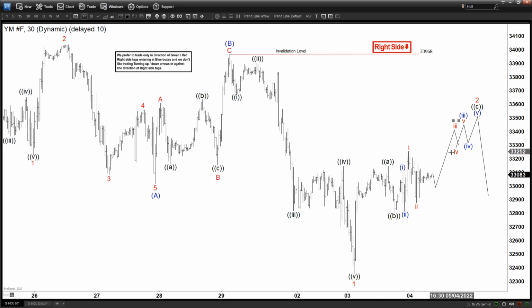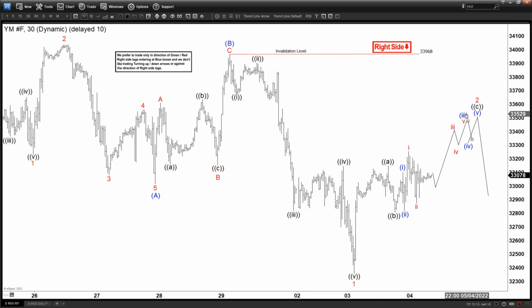So rallying here, as you can see, we ended A, which should be 5 waves, 1 2 3 4 5, and then we ended the B at 33968 as in an A B C zigzag. So now we should be in the C leg, and within the C leg we should also subdivide into 5 waves, which we ended the first wave here, 1 of C over here, and now looking to end the 2